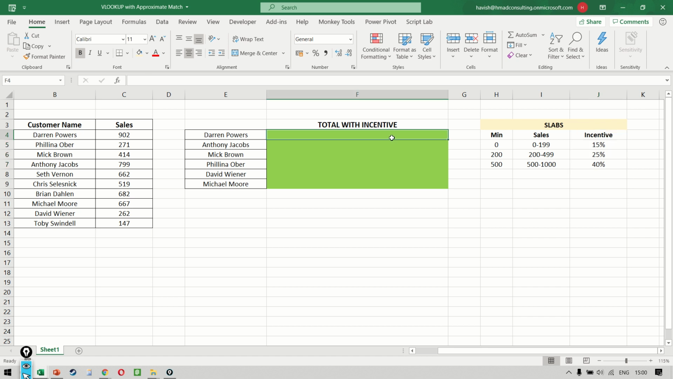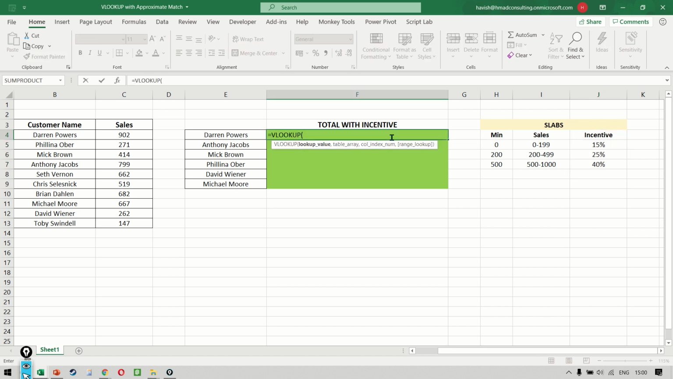So if you notice, we can say equal to VLOOKUP. We are searching for 902. Now please remember, when we're searching for 902, we cannot search in column I, we will have to search in column H. Our result is in column J, so we'll select that. The result is in column number 3, and then it is not an exact match,